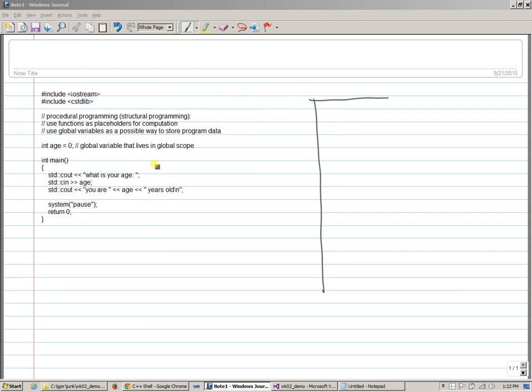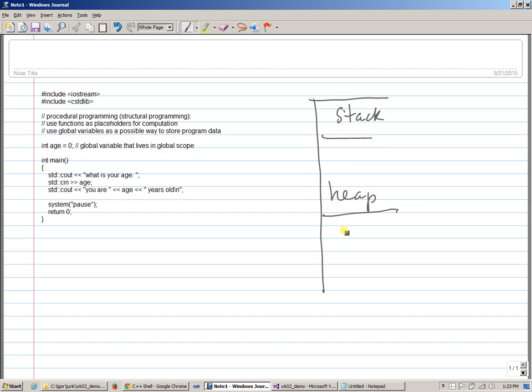So when we try to picture what happens, of course we still have our stack memory. This is where all the local variables are created. We have our heap, which we're not using right now. We also have globals, okay, global variables. And so the global variables are declared